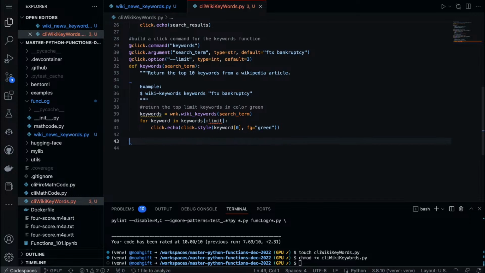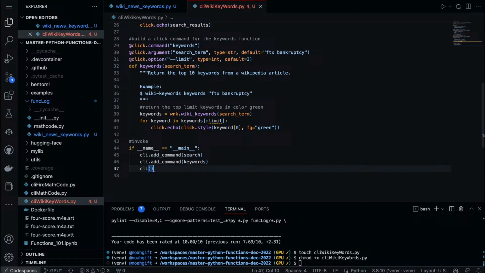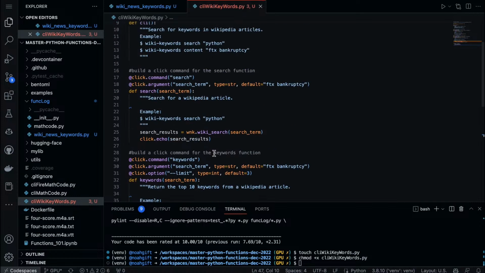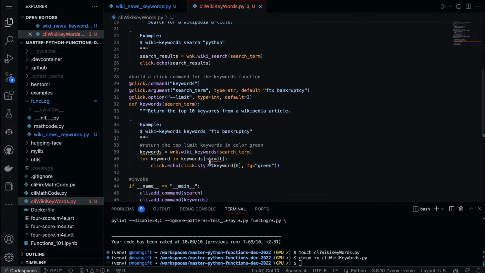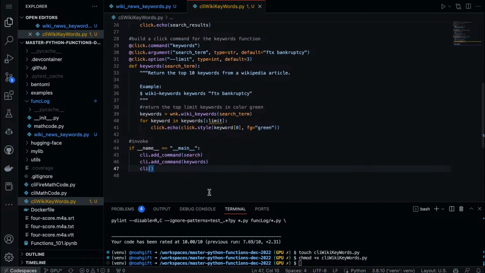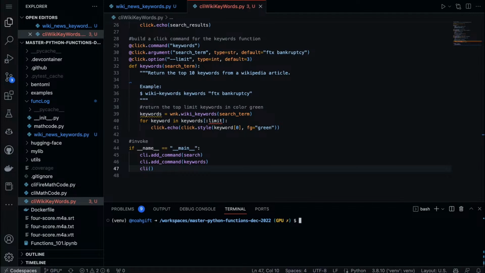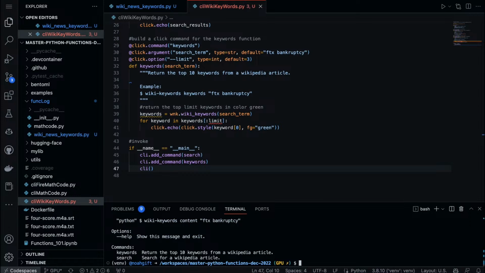And we can build out and basically invoke it, and there we go. So we don't need to do it like that. We could. Oh, that is interesting, the way that they invoke it like that. Sure, let's do that. I think I already chmoded it, but just in case, wiki keywords. Let's run it. Wiki keywords help. There we go.